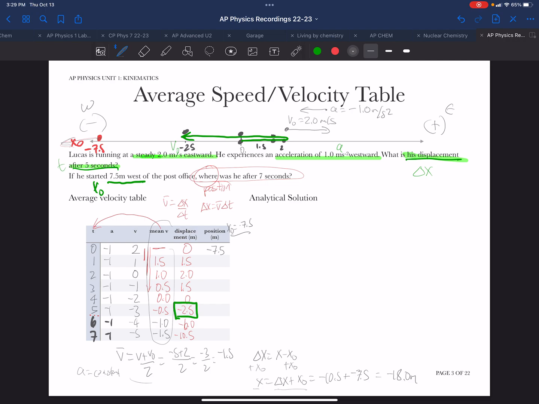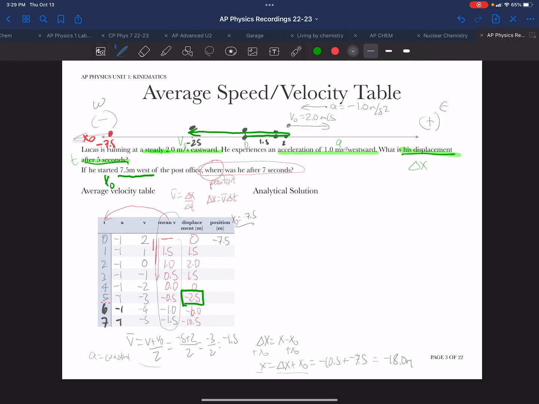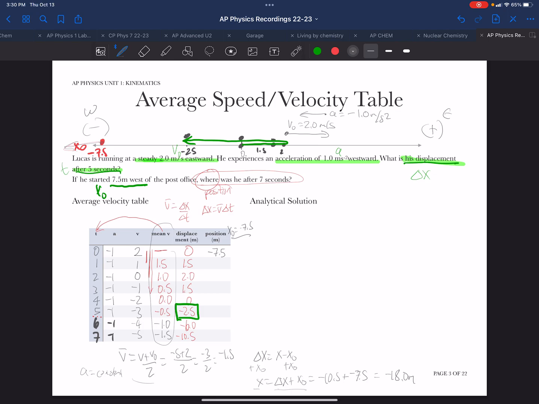And if we take the delta x, 1.5 plus the initial position, let me write that again up here. x equals delta x plus x0. All we have to do is add the initial position to whatever we have for our displacement. So plus a minus 7.5 gives us